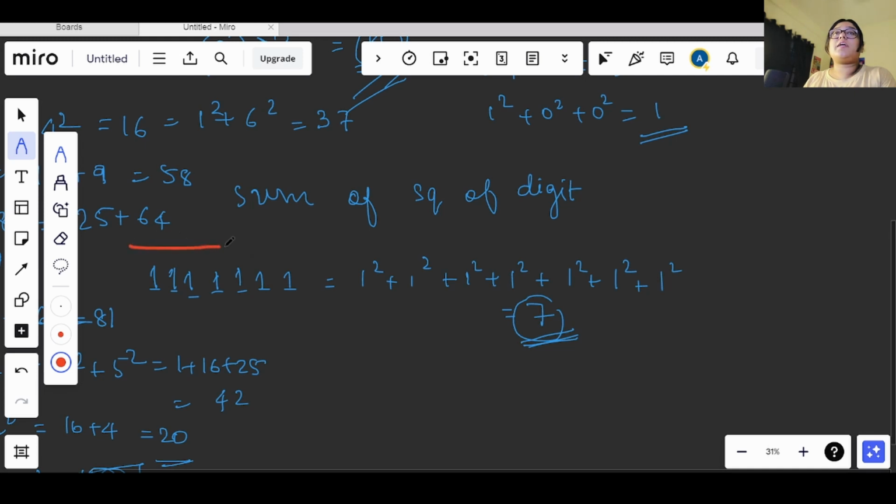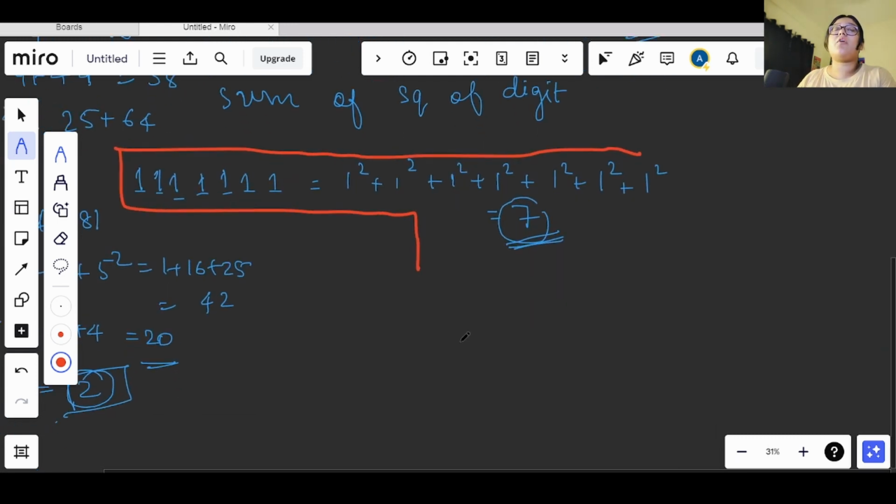So as I said, this is a happy number, right? About this, let's move on and see how this is a happy number. So we got a 7 here, right? So let's square that 7 again. We will be getting a 49 here, right? So 4 square plus 9 square will give me 16 plus 81, which will give me 97, right? So I will square this again.